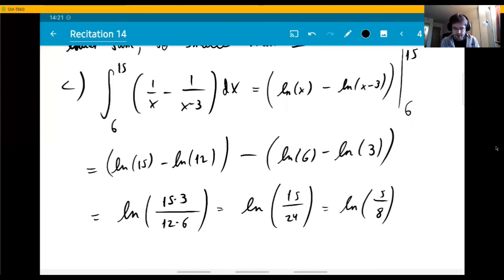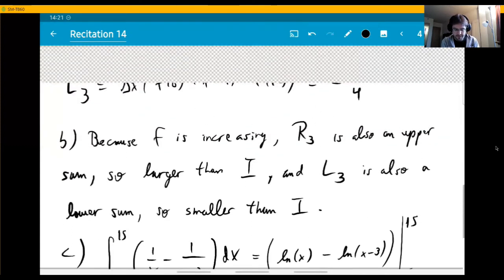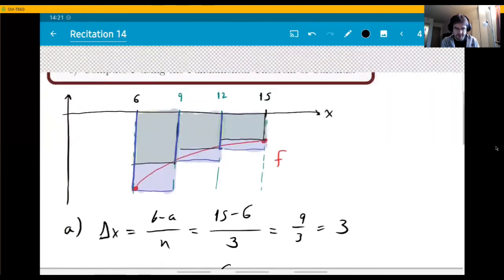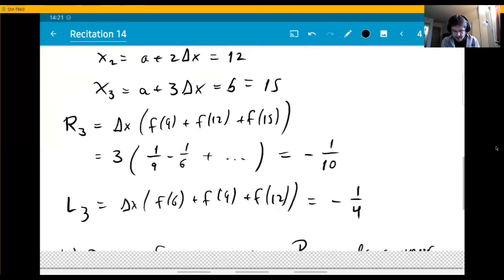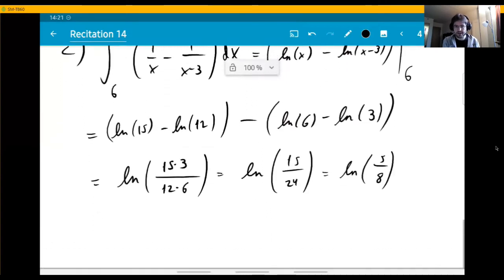As a quick check to see that you get the right answer, we know that whatever this value is, it should be negative because the function is entirely below the axis. So you know that the integral represents the negative of the area between the x-axis and the graph. And the number that we got is a negative number. ln of anything less than 1 is negative. So this is good. Another check you could do is to verify really that this number is between minus 1 over 4 and minus 1 over 10,